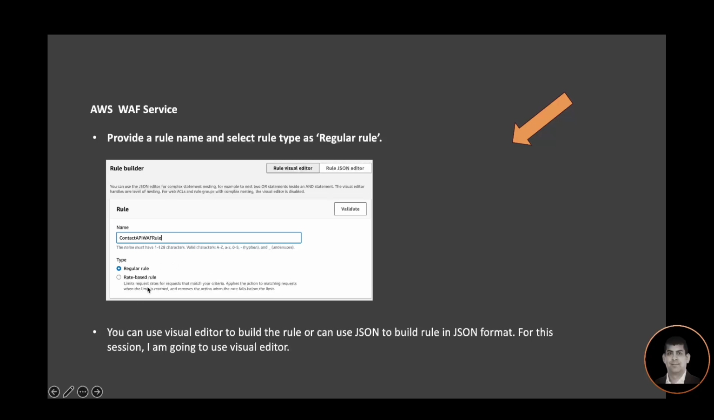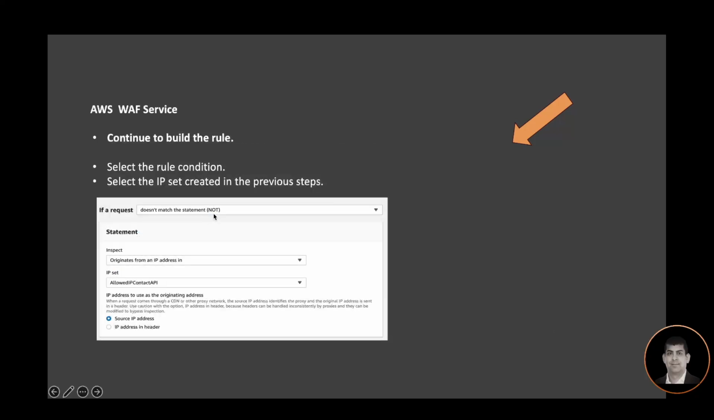I have the option to build it as a regular rule or a rate-based rule. We have already done a rate-based rule in the previous workshop, so I'm gonna focus on the regular rule here. So I'm selecting regular rule. And then here I'm providing the rule condition. In this rule condition, I'm gonna select the IP set that we created in the previous step. So my condition is that if the request does not originate from the IP addresses in this IP set, source IP address,